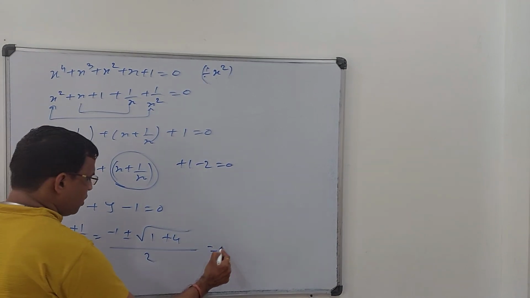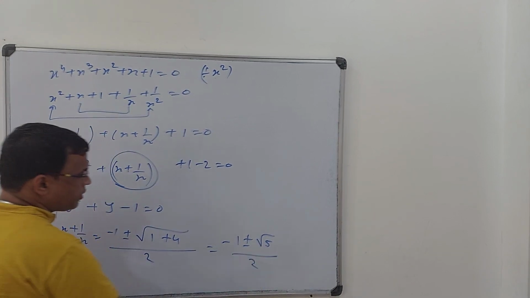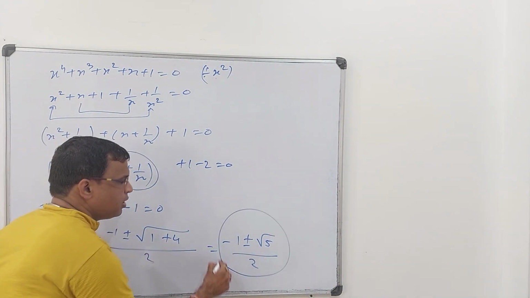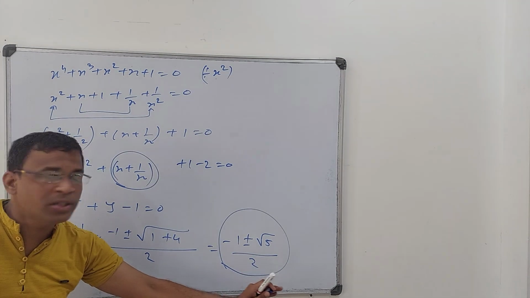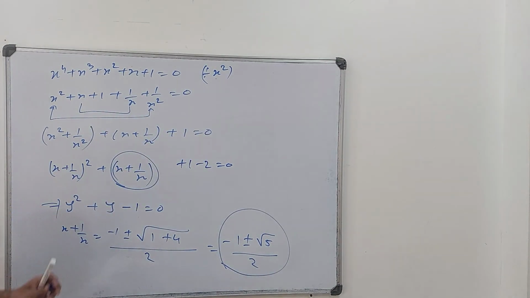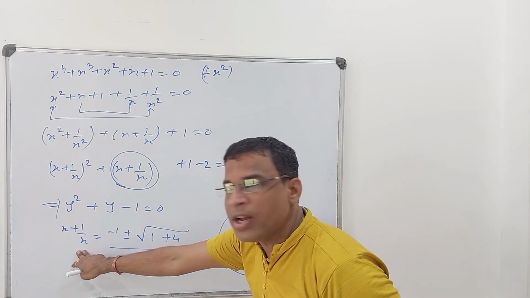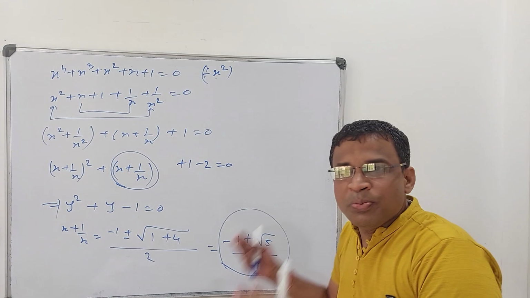So ultimately you are getting a negative golden ratio. We will see the golden ratio, it is 1 plus or minus root 5 by 2. So you are getting this, and of course it is x plus 1 upon x, and then you can solve it further, you will get the same answer. I am not interested to go into this part because you are again getting a quadratic and you can solve it.